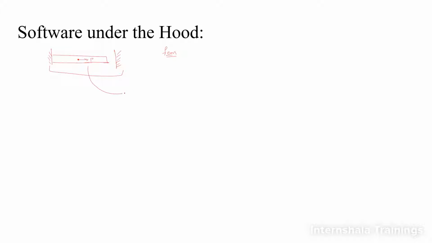So I am trying to convert this into a meshed model where I have two elements and a total of 3 nodes: first node, second node and third node, and this is the first element and this is the second element. Now meshing is done, and the CAD model is converted into a meshed model. The next step is to define the material properties. So how are we going to define the material properties inside the software?